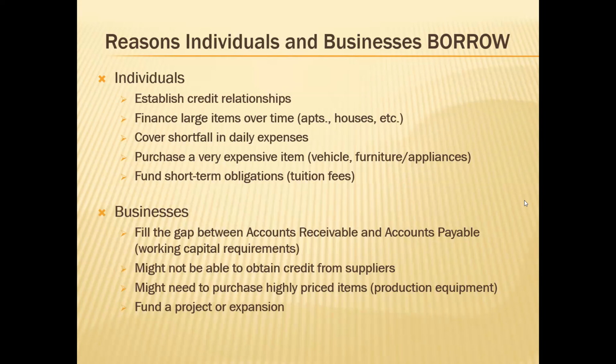So this might be a lump sum that they do, or it may also be an overdraft, similar to the individuals who use it to cover shortfall in the daily expenses. Businesses might not be able to obtain credit from suppliers, and we indicated on Tuesday that is normally for startup businesses who don't have a track record yet. So businesses would have to come to the bank to see if they can borrow the money, as opposed to setting up credit. But say if they're in the retail grocery business, setting up at ASH Pritchard or the Albinos or one of those other